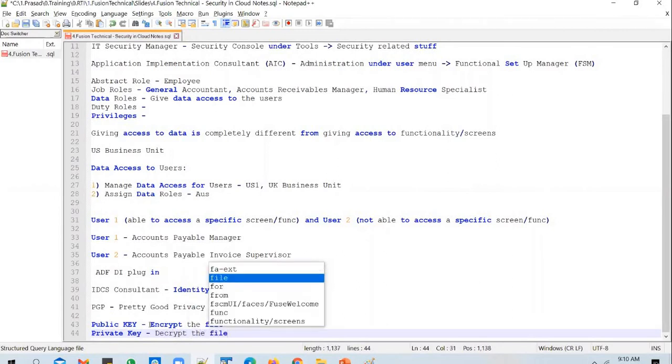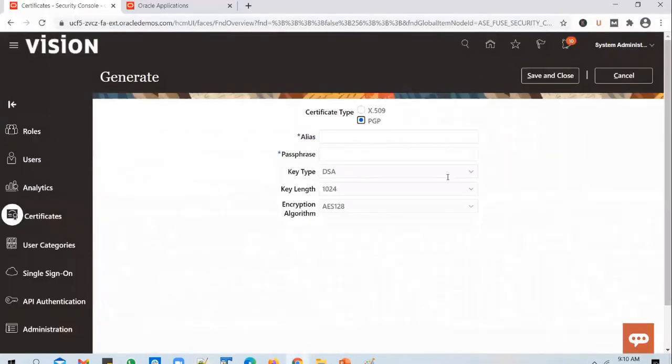Earlier we didn't have an option to generate PGP keys from within the application, but now Oracle has given this option directly. You don't need to generate PGP keys within ERP Cloud itself; there are quite a few other tools available in the market which can help you generate PGP keys. But now that we have this option to generate encryption keys right within the application, many clients are using this feature, because you don't even have to share the